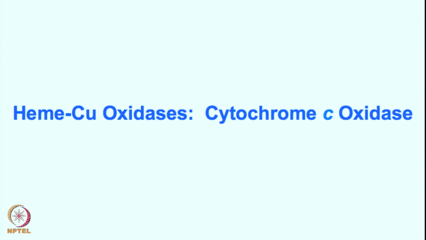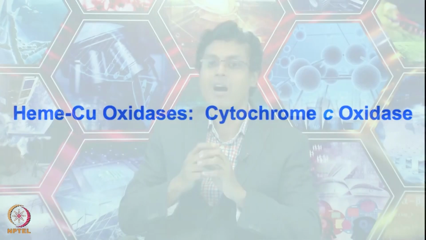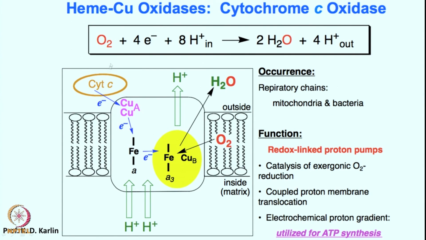We have also learned the heme copper oxidases, once again the same iron chemistry, but with a twist of adding copper into the mix. So, you have the copper chemistry and the iron chemistry individually. In the last class we have summarized how the copper chemistry is, and today in this part we will see how iron and copper can come to a compromise situation and can do wonders for the biological system. For instance, the cytochrome C oxidase, which is nothing but heme copper oxidase, can convert oxygen into water.